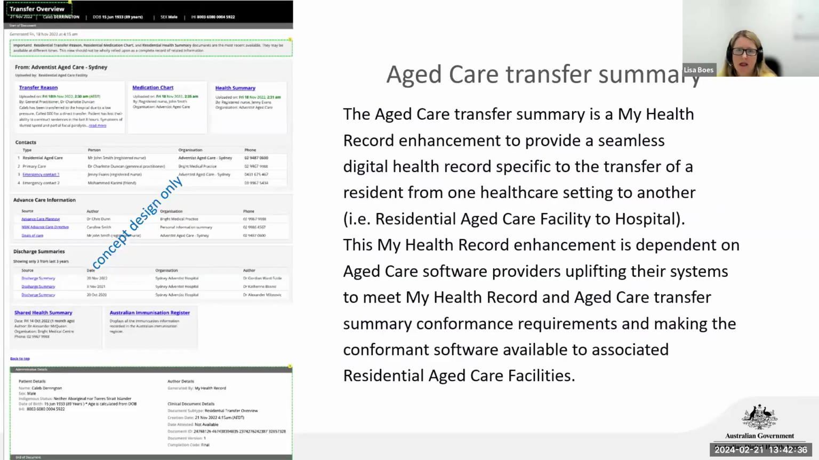And this is the aged care transfer summary that we mentioned earlier. So this is concept design only. The goals of the aged care transfer summary, this is the functionality coming soon. It's improved point in time clinical information to provide more effective and responsive transitions of care, enabling access to the most up-to-date shared health information in a standardised and easy to interpret manner, supporting safer and more effective continuity of care,